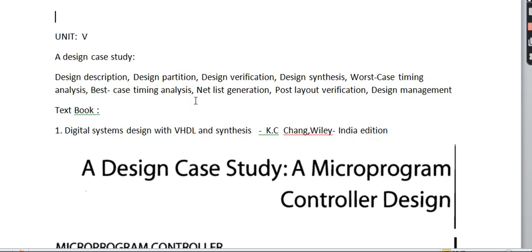Then you have to get the netlist generation, then verification after post layout, that means after doing synthesis and post, how you verify your design, and how you manage your design files.